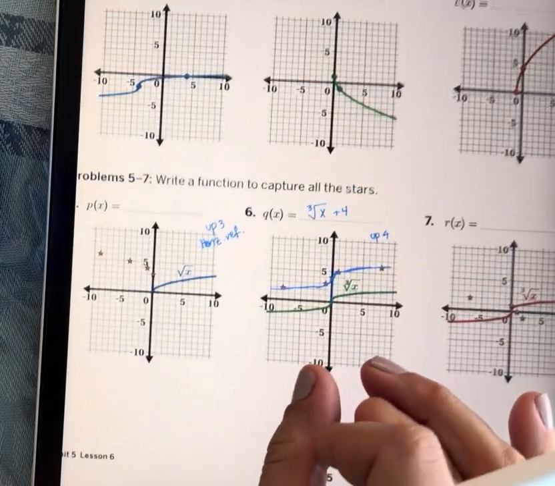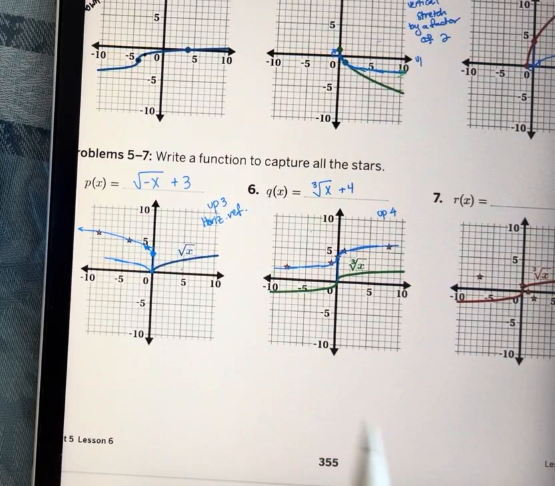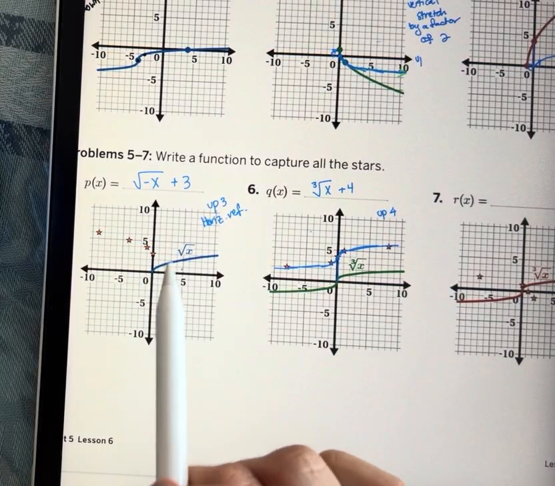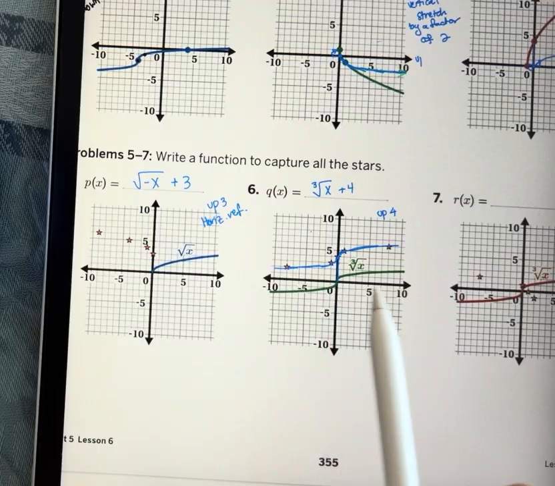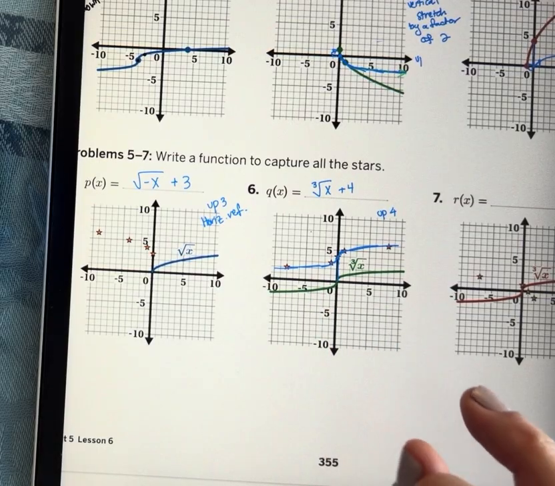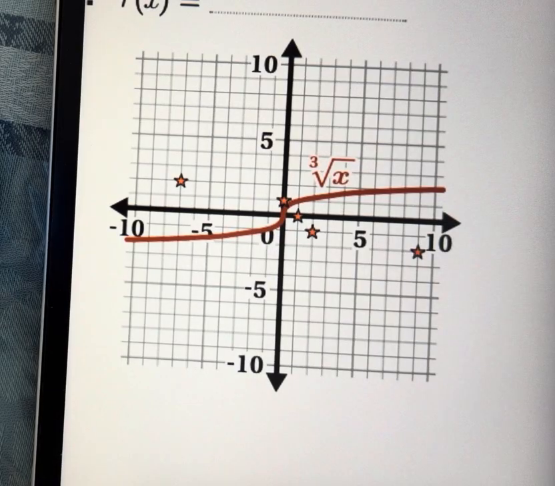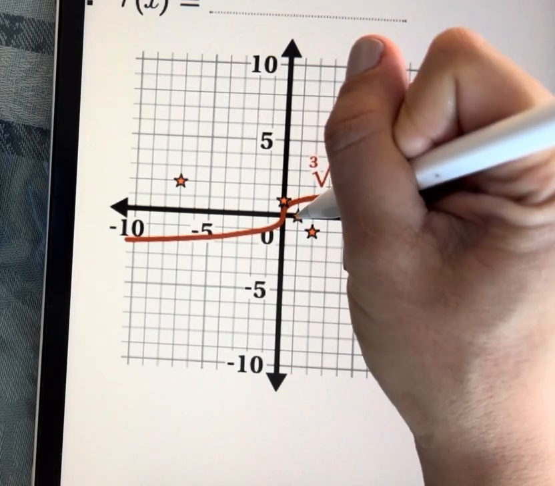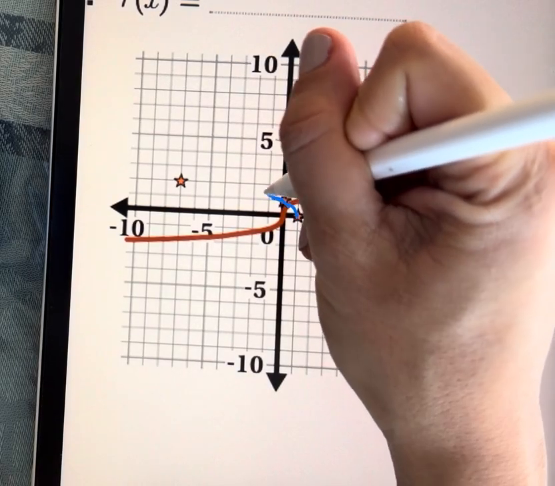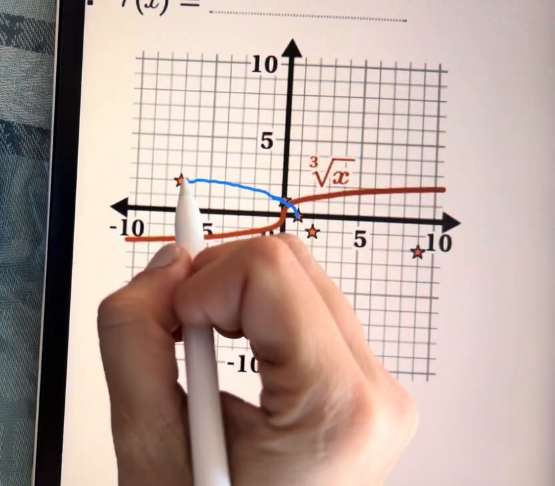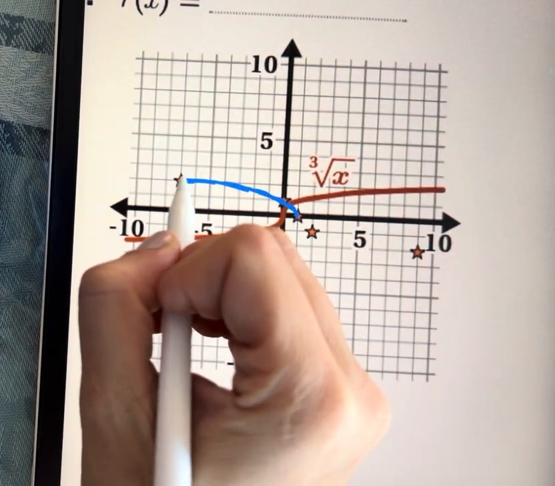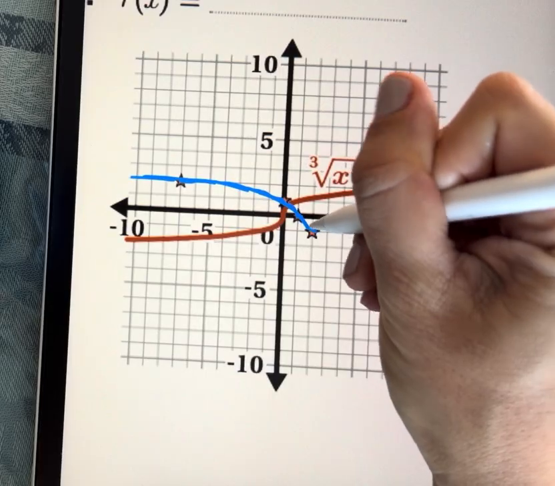All right. This is a good place, you guys, to keep track of what your standard cube root and your standard square root look like. Okay, let's see what's going on here. We've got ourselves a reflection. Now, there was a slide in our assignment that pointed this out,